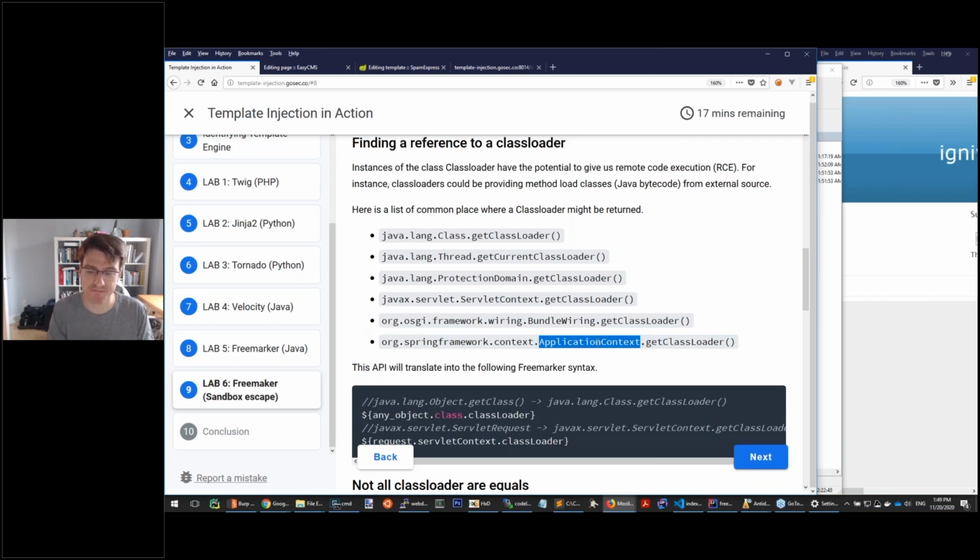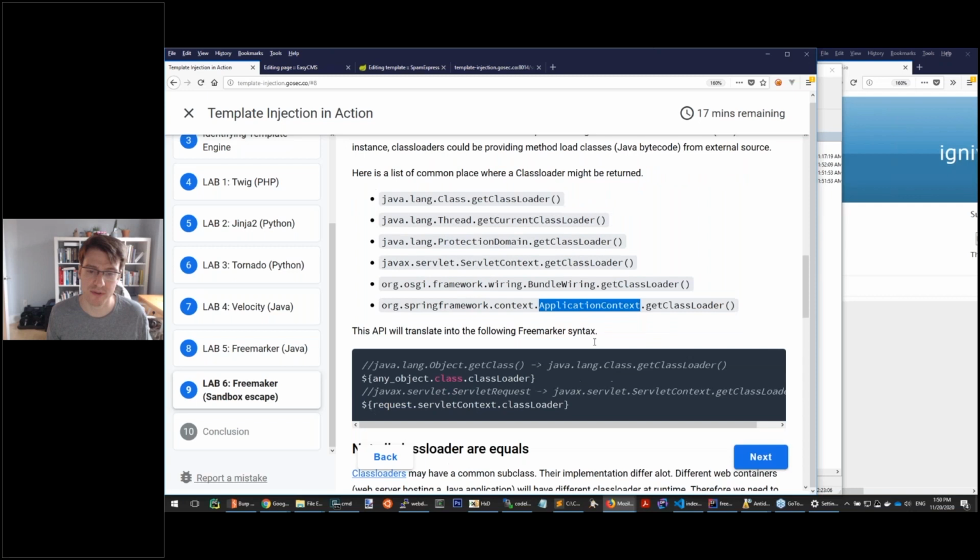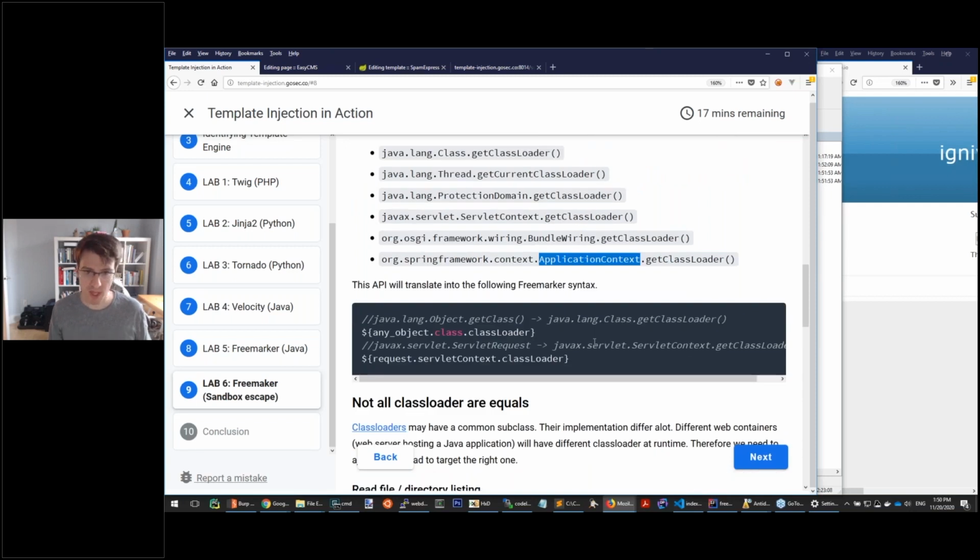So if the template or the CMS gives us a reference to session attributes, we might be able to find a session attribute that includes a Spring reference, and from this we can maybe grab an application context reference. So for today, we're going to look at